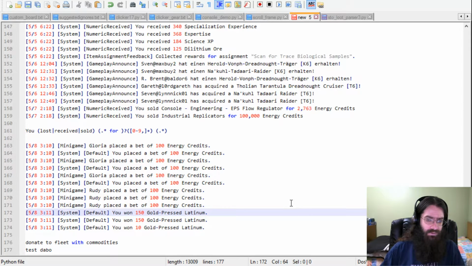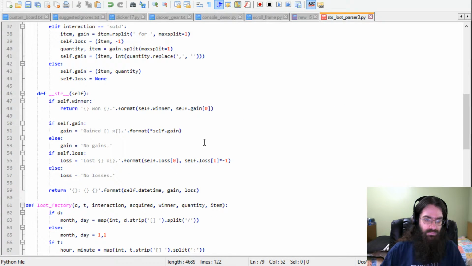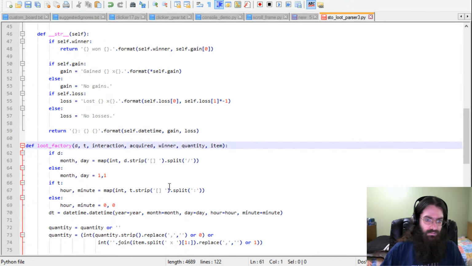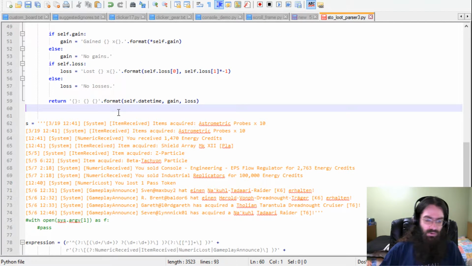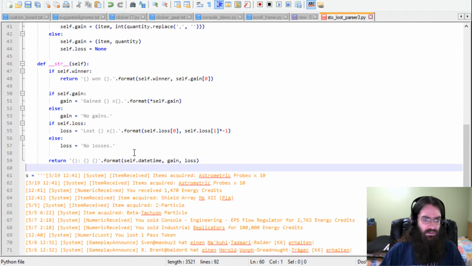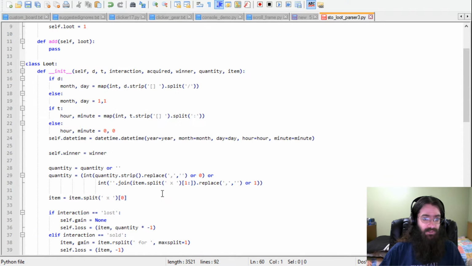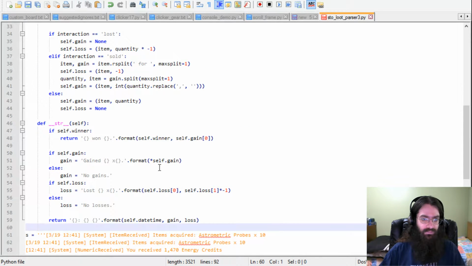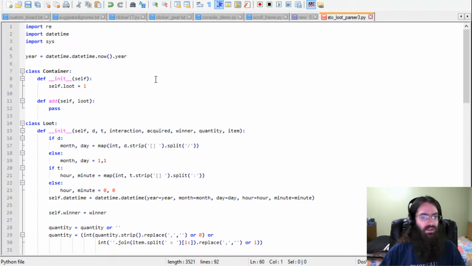Minigame. We'll do that later. You know what? I don't like any of this. So no. We're going to have things with sales be connected through this. It's fine. No factory function. No thank you. So